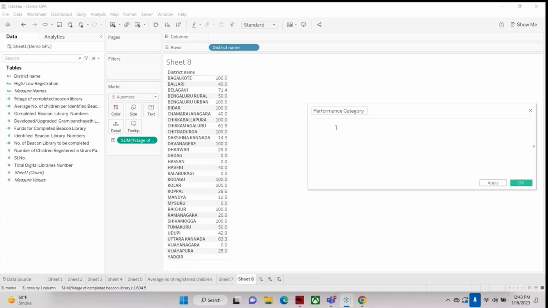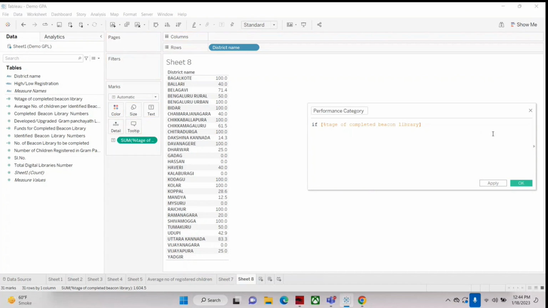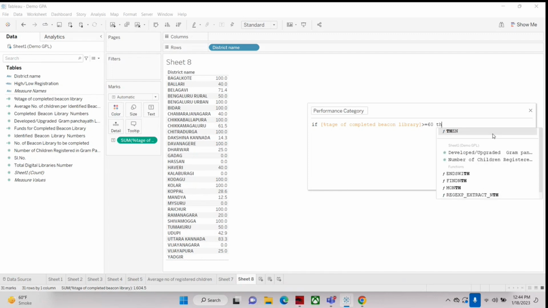So what will be the condition if the percentage of completed Bacon library is greater than or equal to 60, then